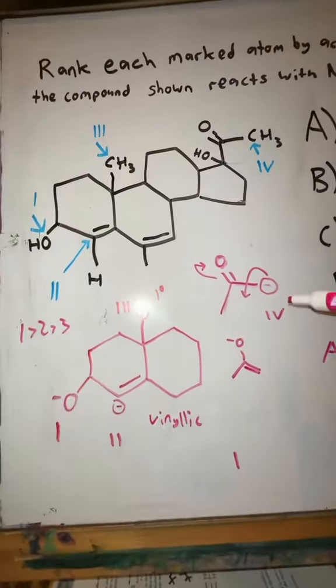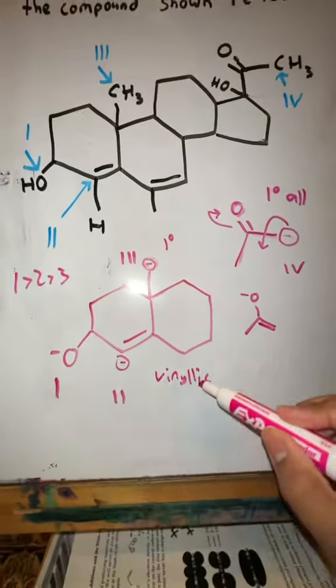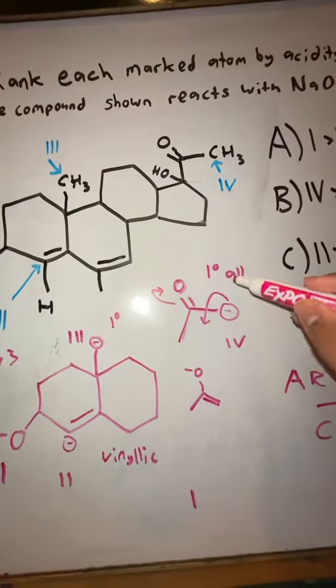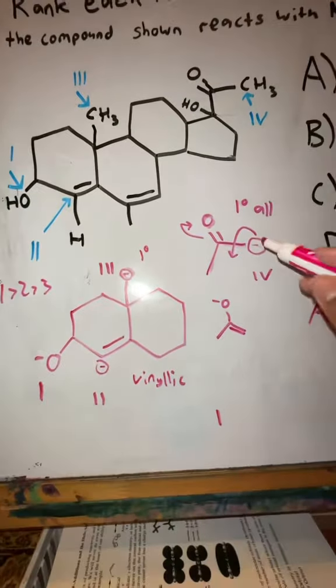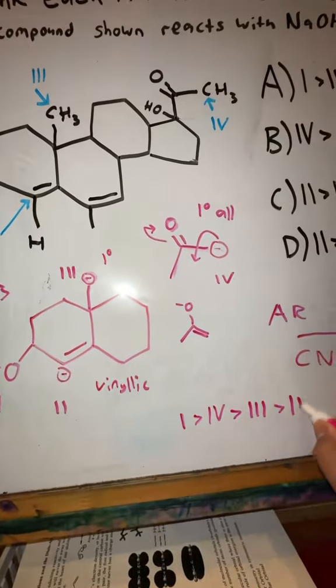So this is primary allylic. This is just primary, and this is vinylic. It doesn't matter if it's primary or secondary, it's just vinylic. It's bad. So primary with resonance is better than primary. So this is number 4, so I'm going to have 4 next, and then 3, and then 2, which is